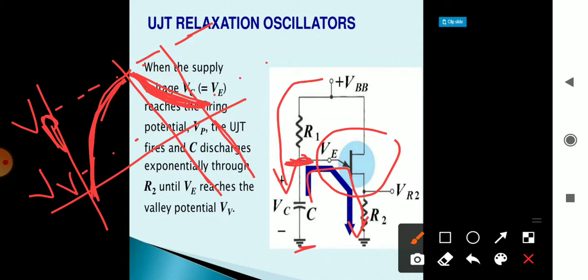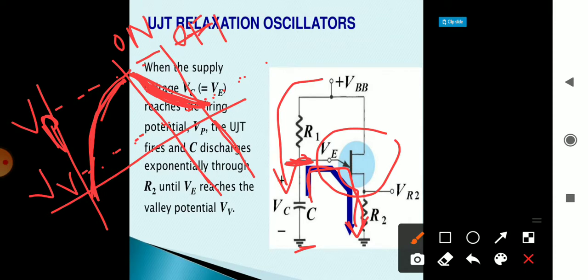The capacitor will discharge through resistor R2, that is given in the blue color line. Now it will start to discharge. Discharge in the sense the capacitor voltage is decreasing now. So here my UJT is in on state, but when it starts to discharge through the resistor R2, the voltage is decreasing now. But there is one point, the valley point. If that voltage reaches below that valley point, again the same thing, the UJT will turn off.